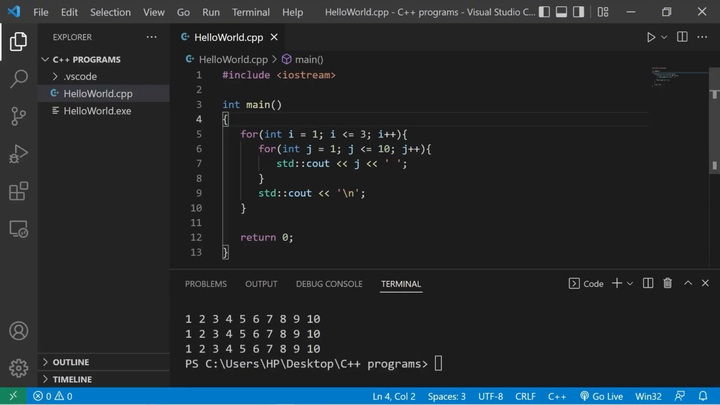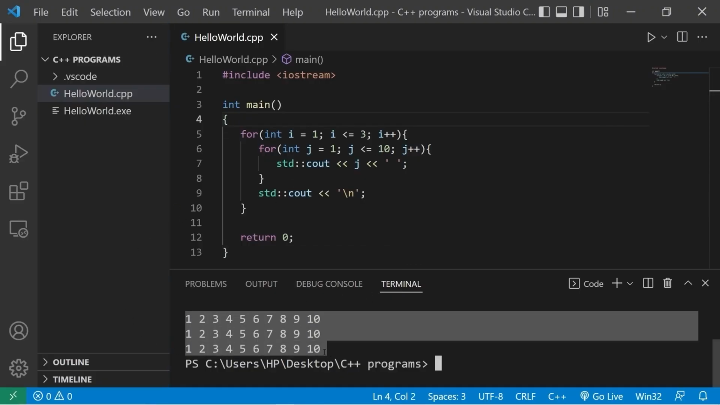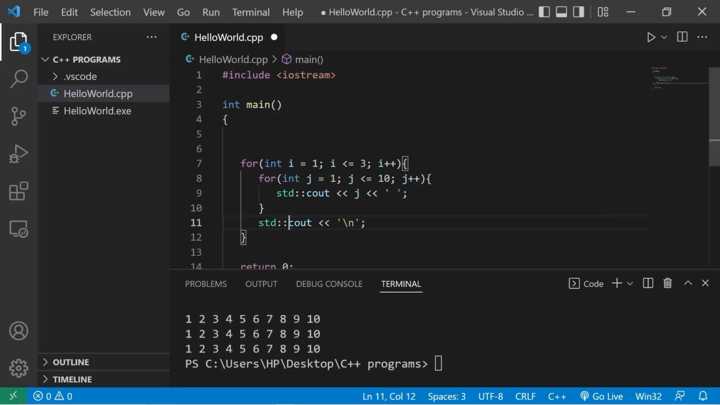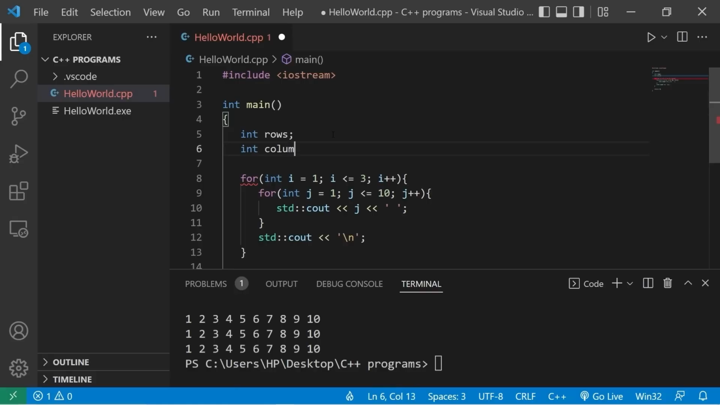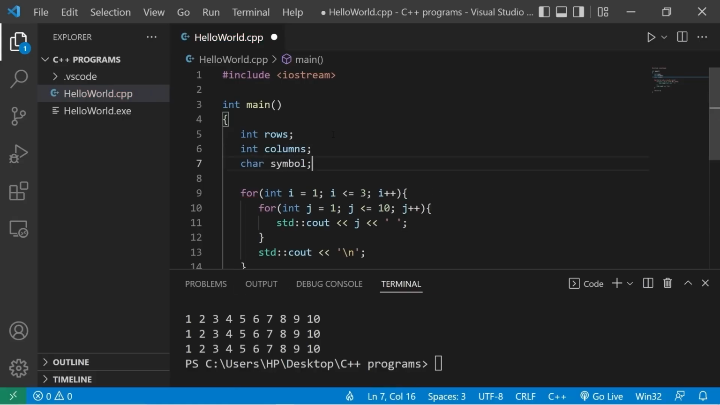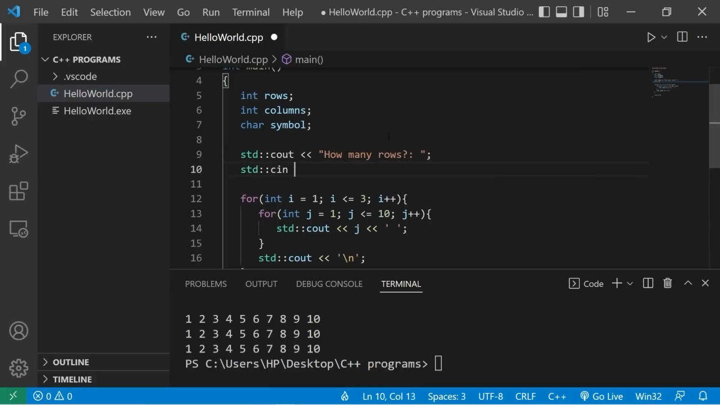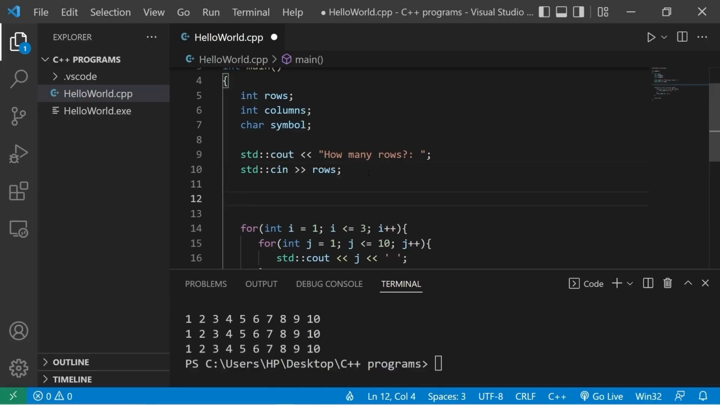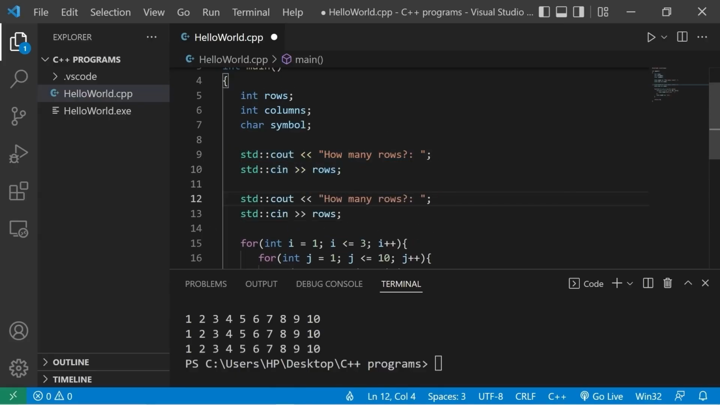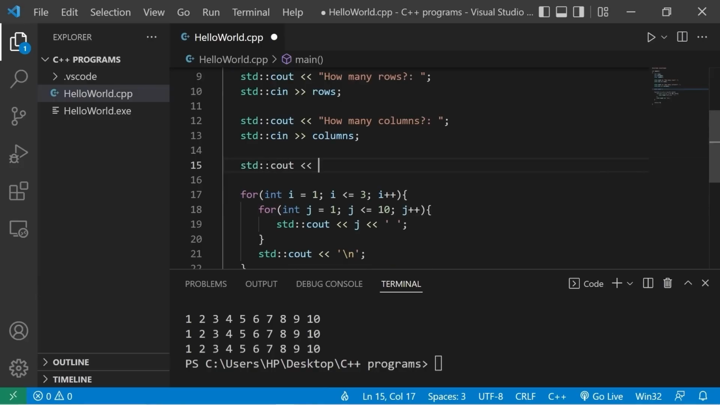Just as a practice project, let's create a program that will print a rectangle made out of symbols. We'll let a user specify how many rows and columns. We'll use our nested loop that we created previously. So we have int rows, int columns, then char symbol. We're going to ask for some user input. We'll need some prompts. Standard output, how many rows? Standard input, rows. Let's copy this, paste it, change rows to columns, then